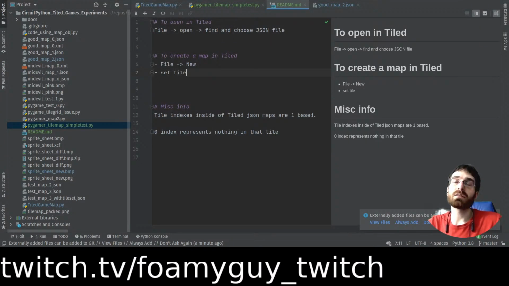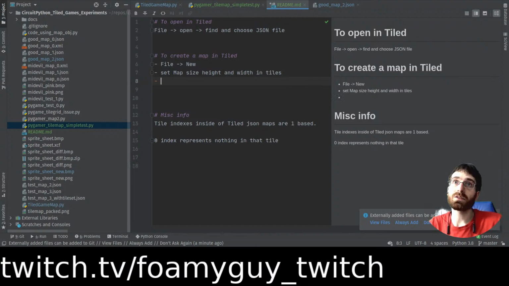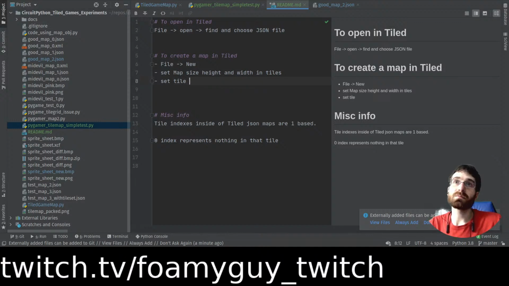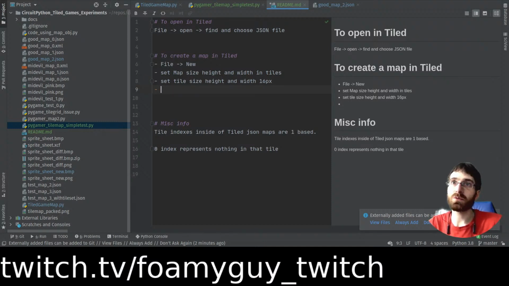Set map size, height, and width in tiles. That's what the units are. Tile units. Set tile size, height, and width. And I'm just going to put 16 pixels, since it's the only one we've tested currently, so I'll just leave it at that. Eventually we'll work on different tile sizes, but